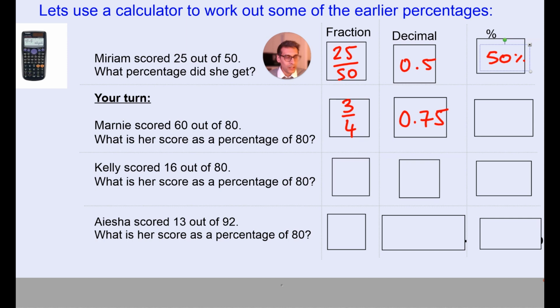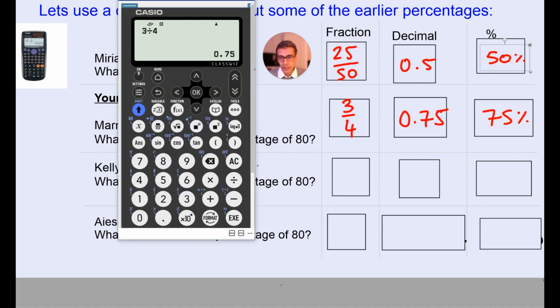And we know straight away that's 75%. Okay, for the next one, 16 out of 80. Now this time I'm going to do it slightly differently. I'm going to press the fraction button here,